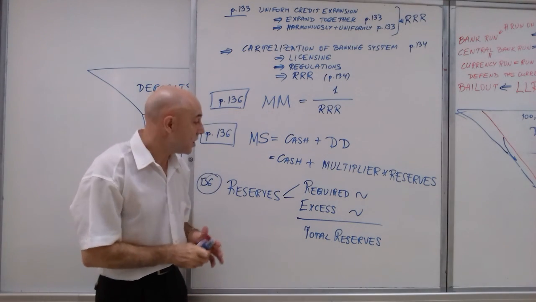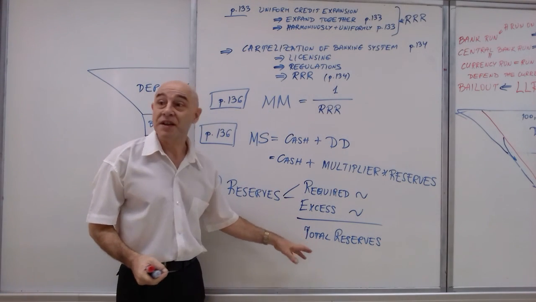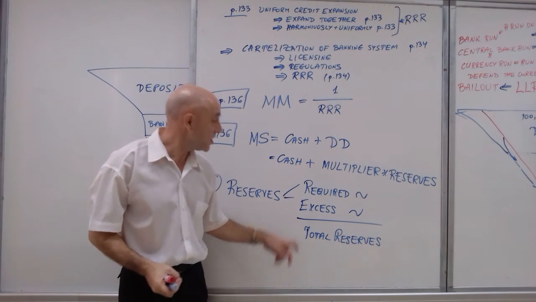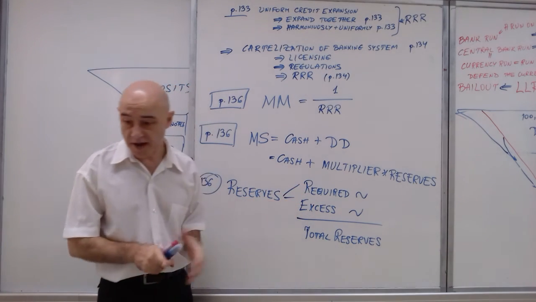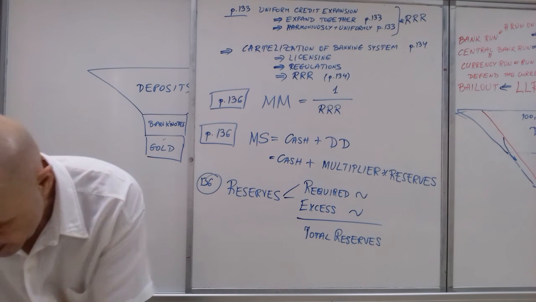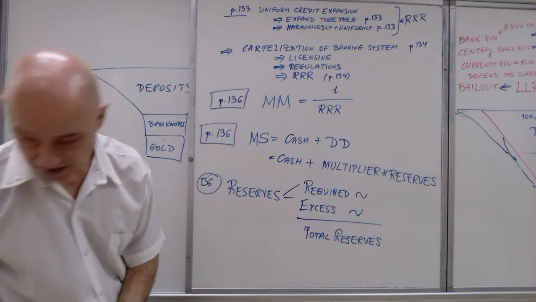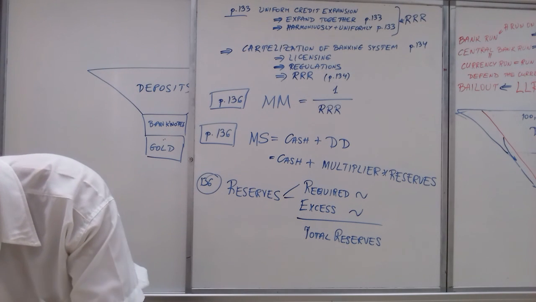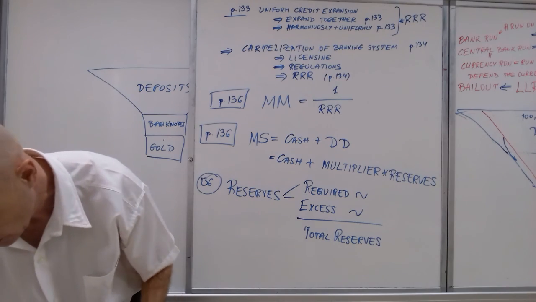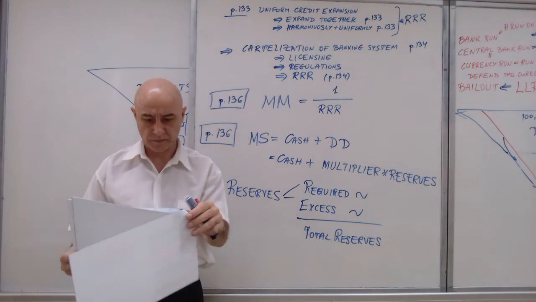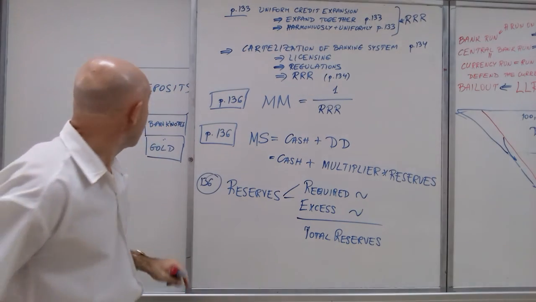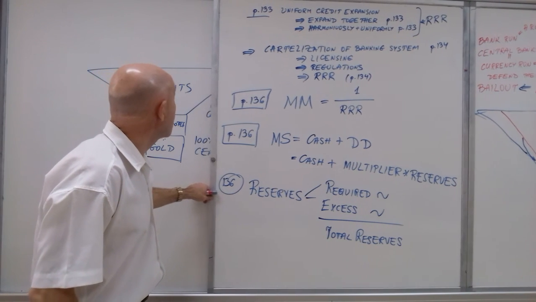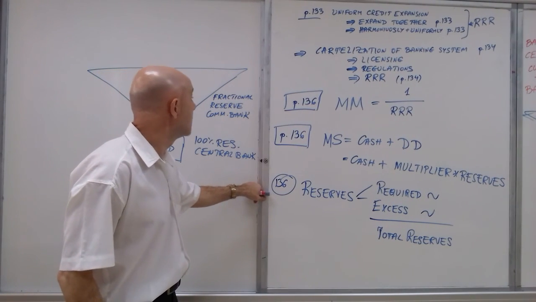So, the commercial bank maintains 12% total reserves, 10 required, 2 excess. Excess reserves, page 136. Okay. And now I get the next